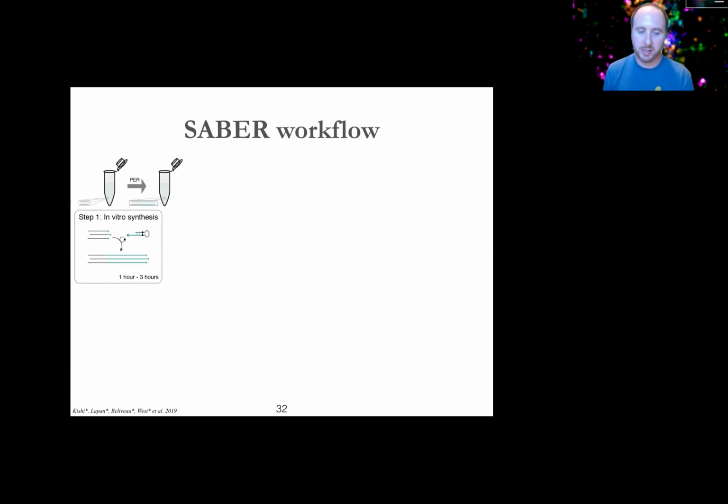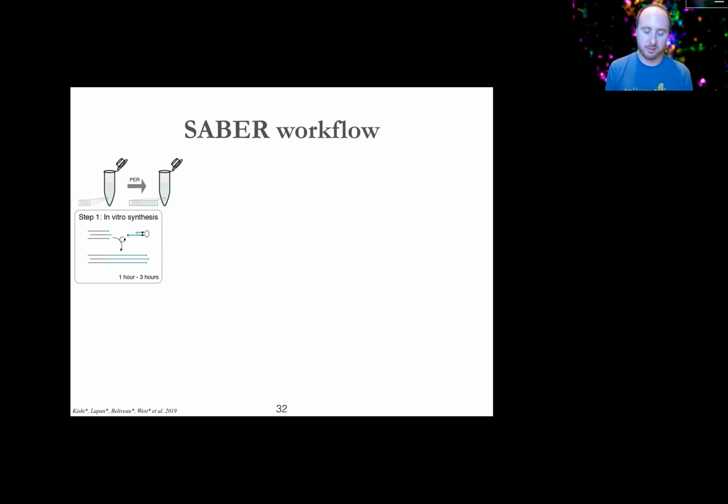So the way that SABER works, I do think makes it a little bit distinct from the RCA and HCR approaches, is that we first do the synthesis in vitro. And this is really key because it lets you QC what you're doing before you go on to do anything more complicated or expensive. I think for me, I love those techniques. I think they're tremendously clever and really powerful, but some of my frustrations from using them over the years is that if I get an experiment where I don't see my desired result from it, where I need a reaction to be happening in situ, be it an assembly reaction for HCR or an enzymatic reaction for RCA, it's just hard to know what to troubleshoot or what went wrong.